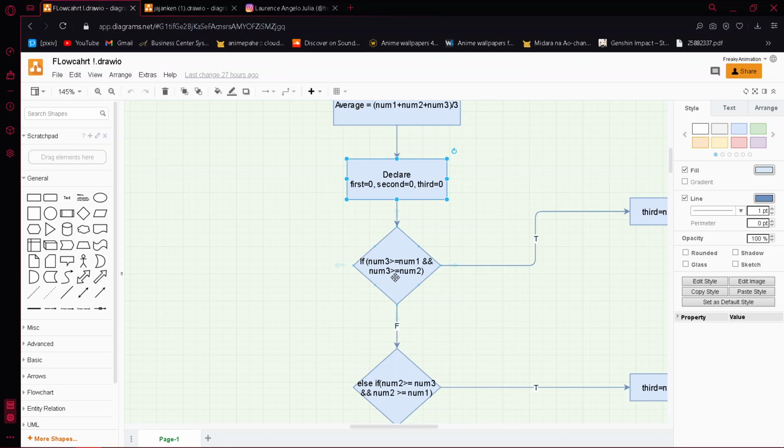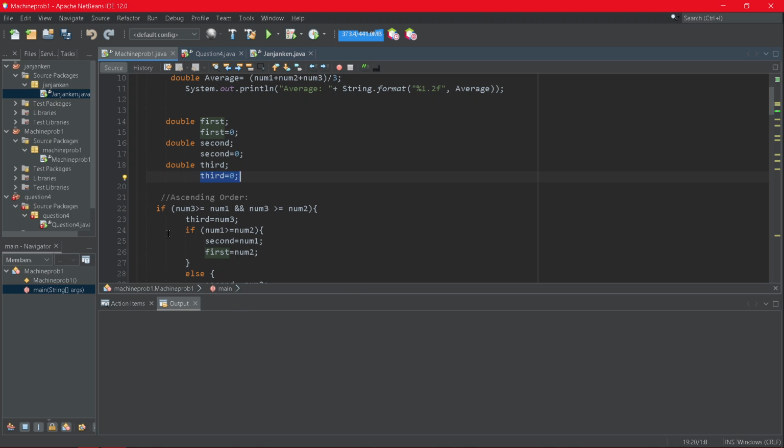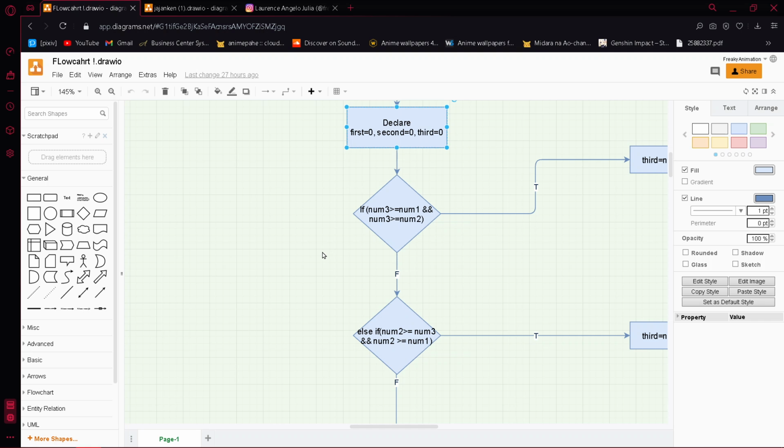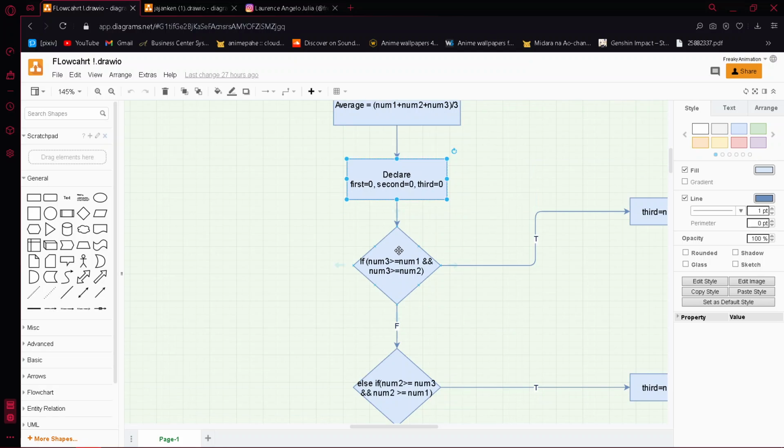In the program, if num3 is greater than or equal to num1 and num3 is greater than or equal to num2, then in the flowchart you need to create a decision box containing that condition.